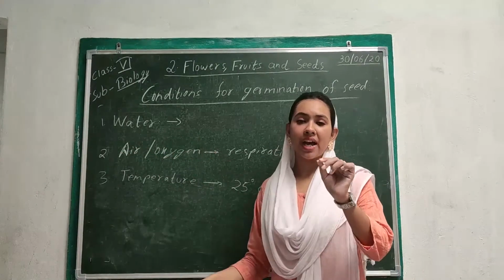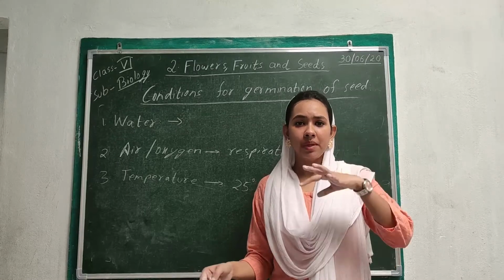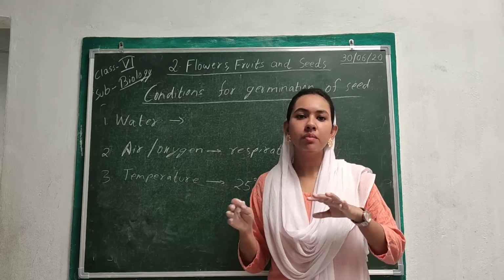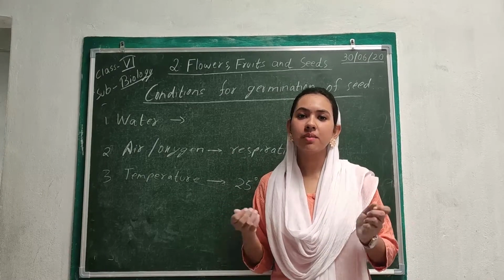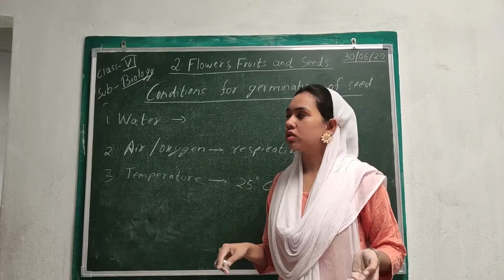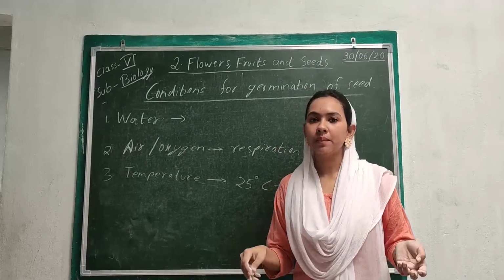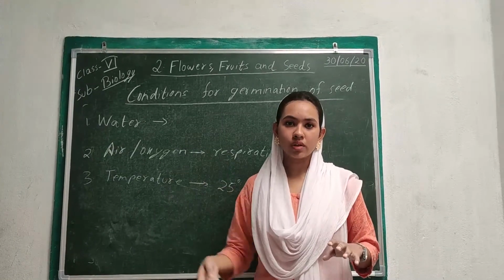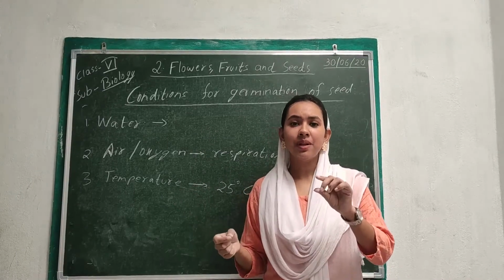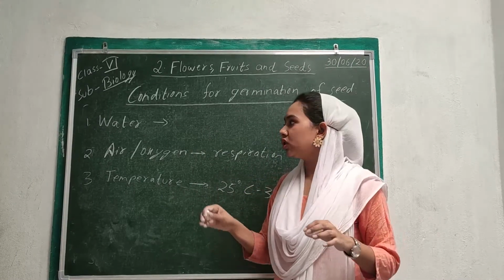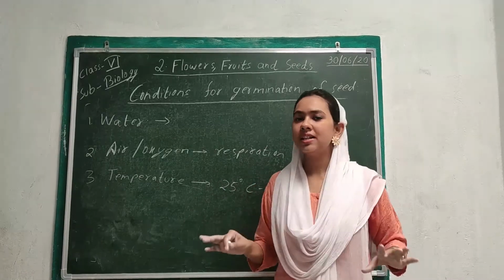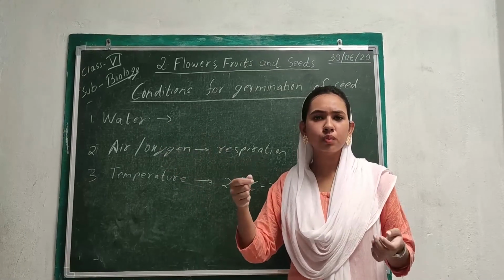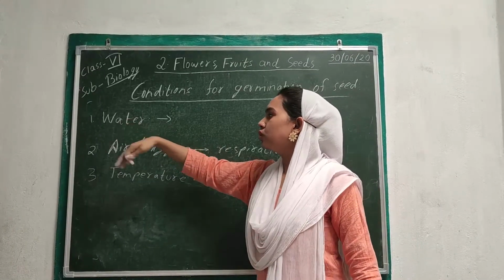Now the seed which we have is very dry. And the baby plant which is inside it is alive, the seed is alive, but it is like dormant, or you can say that the seed is sleeping, because it just does not have the required conditions. So once we start giving water, what will happen? The food which is stored in the cotyledons will get dissolved in the water, and the embryo or that little plant can use up that food, which it could not have used up if the seed was entirely dry. So it utilizes that food, which is now in soluble form, and then it will help it to grow.